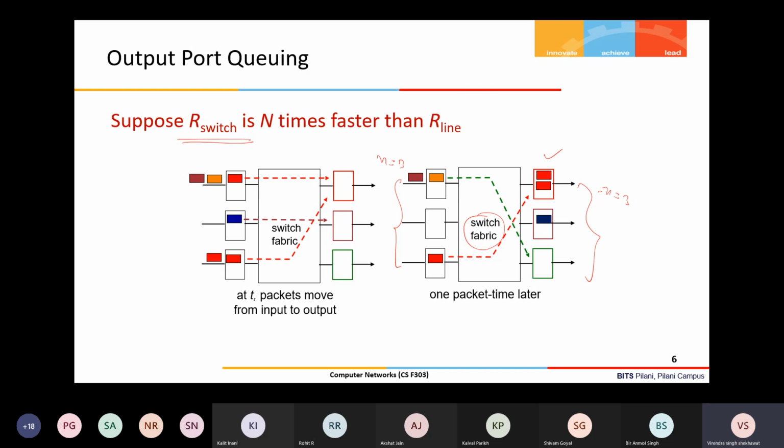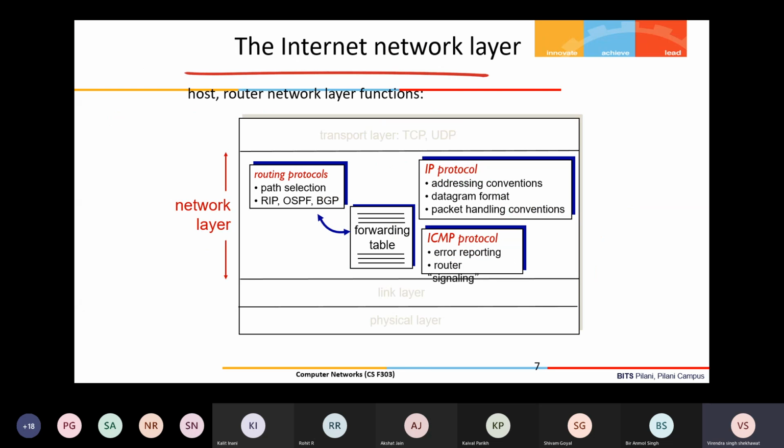So there is no benefit you are getting in terms of overall performance. That needs to be taken care of by the switch designer: the input and output port speed and the switching fabric speed should be comparable, so that we can get maximum performance.